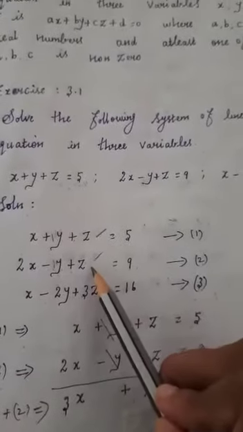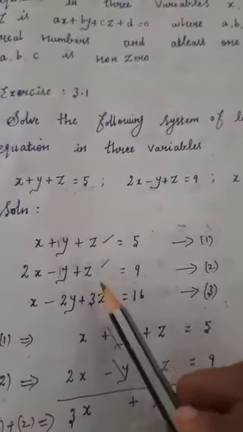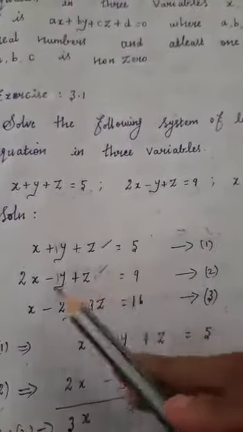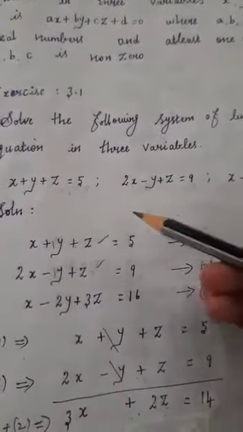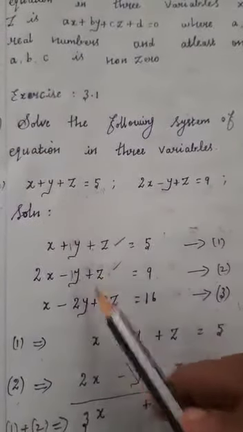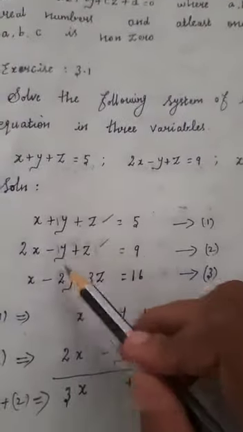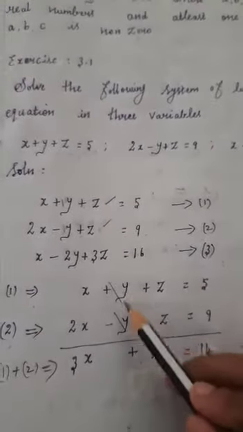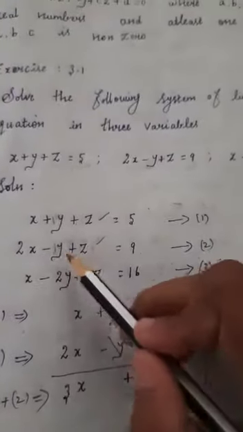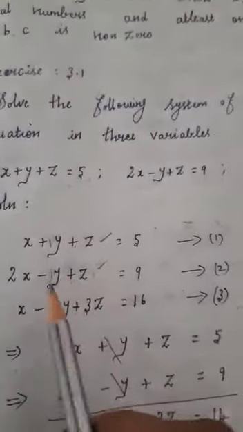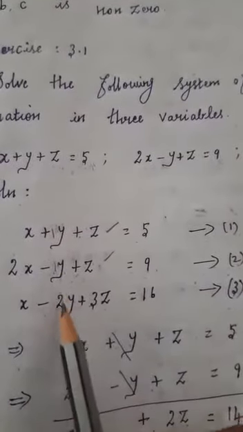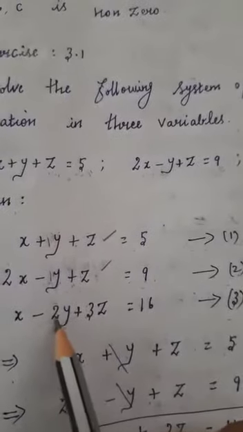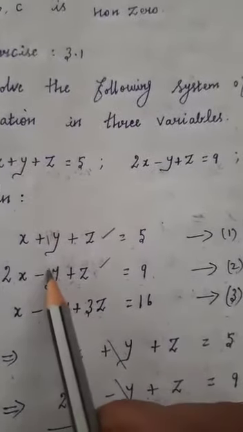Okay, so now we are going to choose another pair of equations, that is second and third. Not only second and third, you can choose any other two equations also. Here I have taken these two equations. Now we need to eliminate the y variable only, because first we eliminated the y variable. So here also we need to eliminate y only. So we have to see whether the numerical coefficients are the same or not. They are not the same, because here you have 2, but here 1 only.